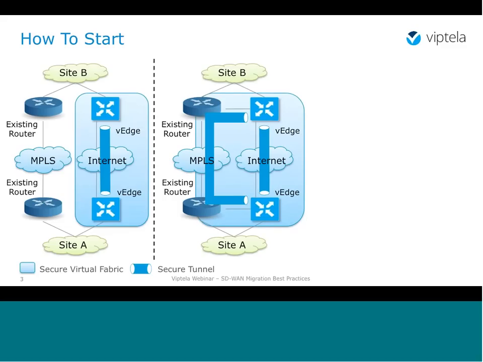The path traverses your existing infrastructure, so you can run two types of traffic side by side. You can have your existing traffic still going through the existing routers using what you can think of as an underlay path, and then you can have an overlay path, which is the traffic that would be hitting the vEdge routers first,